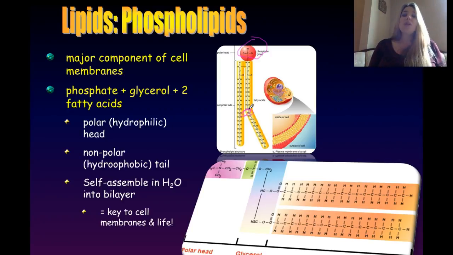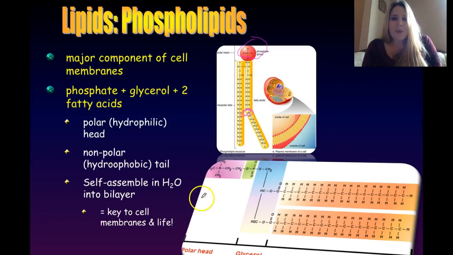So it's really cool. You can take phospholipids and put them in water, and they will self-assemble into a bilayer like this. Even if it's not an actual cell, you can make what are called protocells, sort of cell-like things. It's pretty cool. So just studying the properties of phospholipids and how they self-assemble in water gives us some insight into a probable way that the first cells arose during evolutionary time.